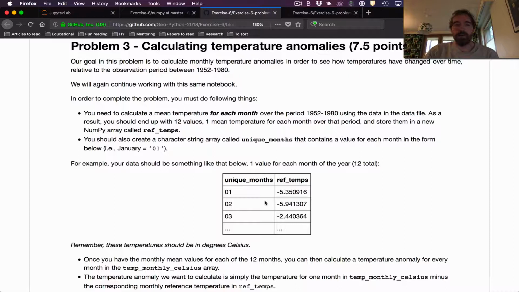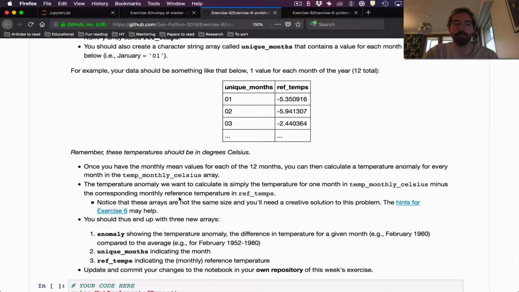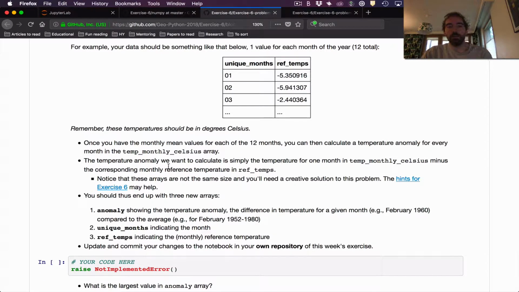And in the end, essentially what we want to end up with is an array called unique months that should just be the string for each of the months from the first month of the year to the 12th, and then the corresponding reference temperatures for those months. So these would be the average temperature for that month during the reference time period. Once we have that,